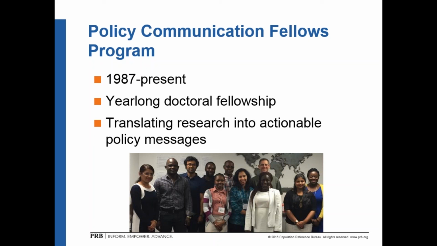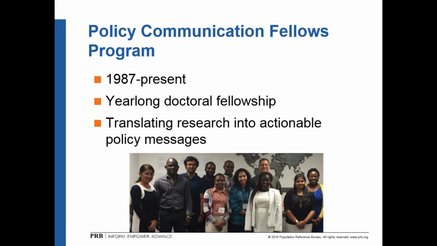And PRB still continues to train and mentor doctoral students from developing countries to influence policies for lasting change. The Fellows Program includes a skills-building workshop, which incorporates components of this toolkit, a year of mentorship with senior PRB staff, and interaction with global research to policy experts.